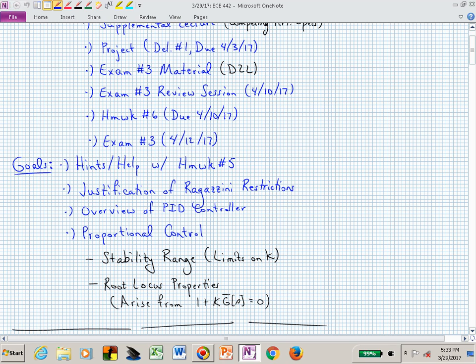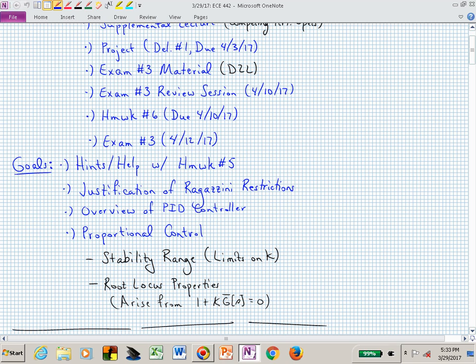Now in the Ragazzini, we're canceling those in the control design formula, but that's so that the controller itself doesn't end up canceling those poles and zeros. So there is a distinction between what you mean by canceling or not canceling. But restrictions 2 and 3 say never cancel, with your controller, unstable poles or unstable zeros. So don't be canceling things outside the unit circle. You can position poles and zeros outside the unit circle. That's allowed. You can drop things outside the unit circle.